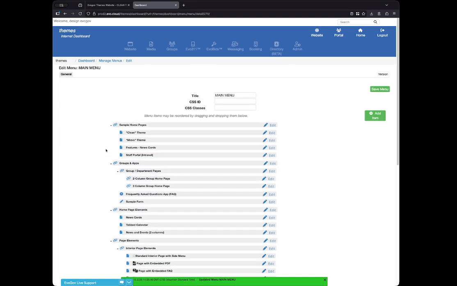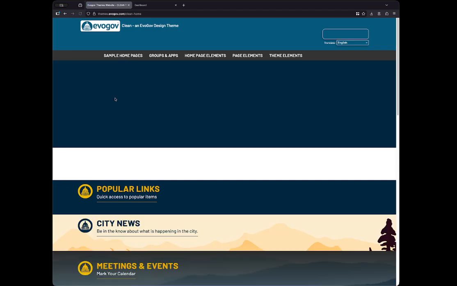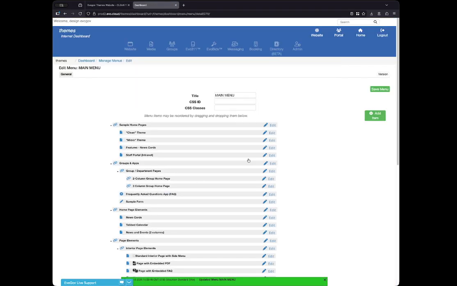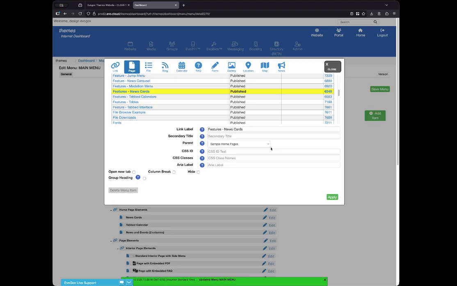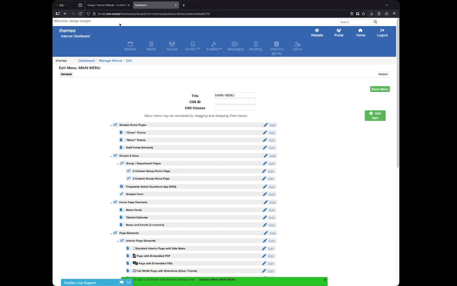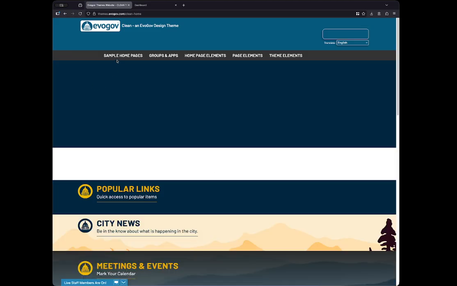If the menu is gigantic, it can take a second, but we'll go back, hit refresh on the public side, and now we see we've got that link exactly where we want it to be. Okay, so it does work. Let's go ahead and take that one out because it's not really necessary in this site. Hit save. Takes a moment. You'll see a little progress arrow at the top, and then refresh the public side, and the